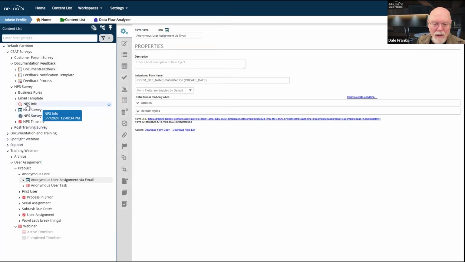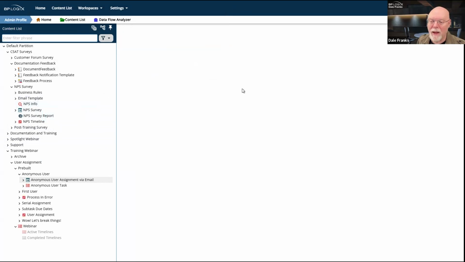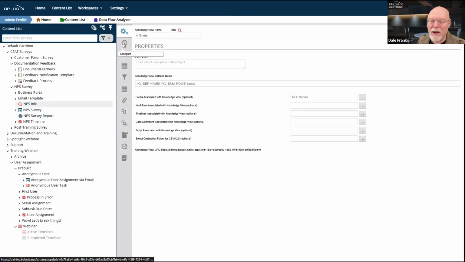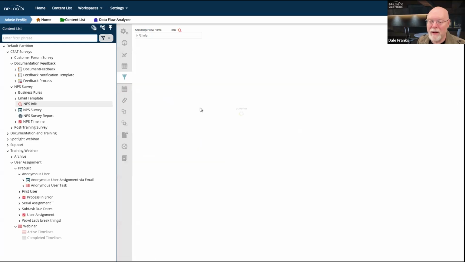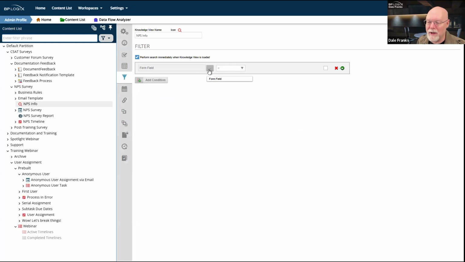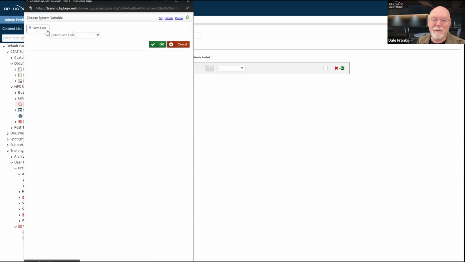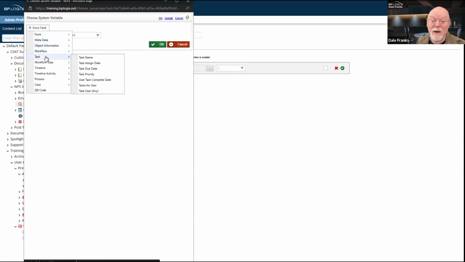Let me go into a knowledge view and try to find a filter condition for this knowledge view. I don't want to mess this up, and I have to be sure not to save this because this is a running knowledge view. Task. There we go. Now I've got a task system variable.